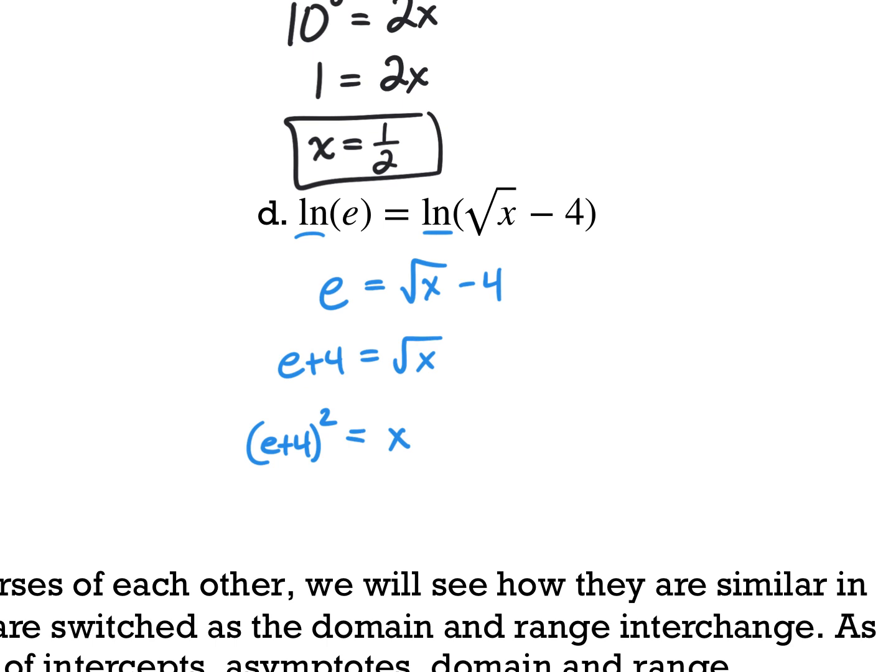If we wanted to plug in e plus 4 and then square it, we could get a numerical value. This might come down to, is this a calc or non-calc problem? In this case, if it were non-calc, we would stop here, e plus 4 quantity squared. And if it were a calc problem, we could plug in to find that x actually equals